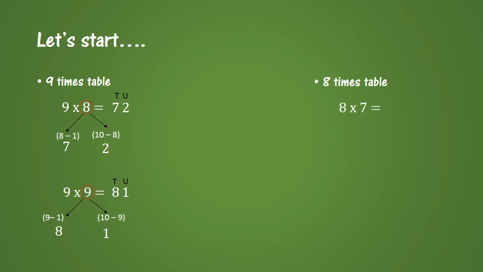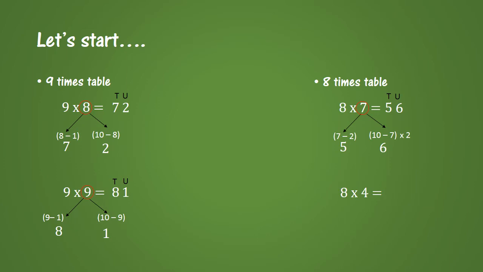So let's take an example of 8 into 7. Here the face value is 7. So for units place, we just have to subtract the face value by 10 first and then multiply it by 2. So we get 10 minus 7 as 3, and we'll multiply 3 by 2, so we get 6, and this 6 will go to units place. For tens place, we just have to subtract the face value by 2. So 7 minus 2 gives us 5, and this 5 will go to tens place. So we get 56. So 8 into 7 is 56.